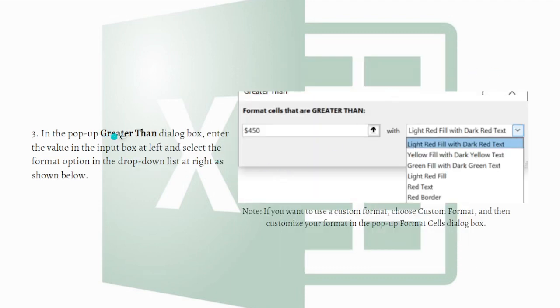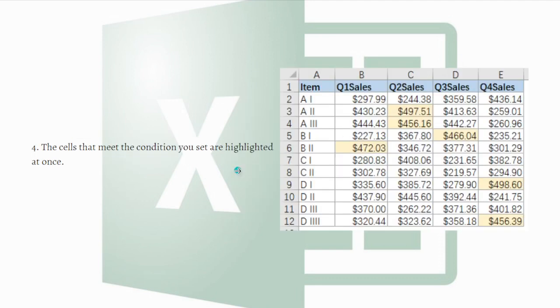And in the pop-up greater than dialog box, you can enter the value in the input box at the left and select the format option in the drop-down list at right as shown below. So as you can see here, right, you can select light red fill with dark red text. So if you want to use a custom format, you can choose custom format and then customize your format in the pop-up format cells dialog box. And then after that, the cells that meet the condition you set are highlighted at once,